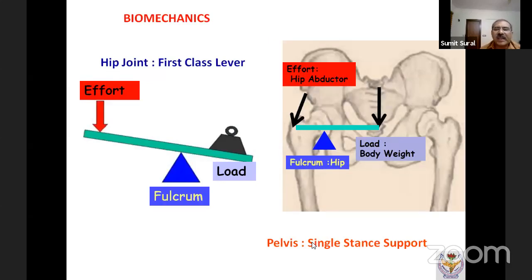If you look at the biomechanics to understand hip pathologies and gait, the biomechanics is taken from the physics of levers. The first class lever is where the fulcrum is in between. The load here is the body weight. To make this balance, the body weight and the body weight lever arm product has to balance with the abductor effort, which is created by the forces of the abductor